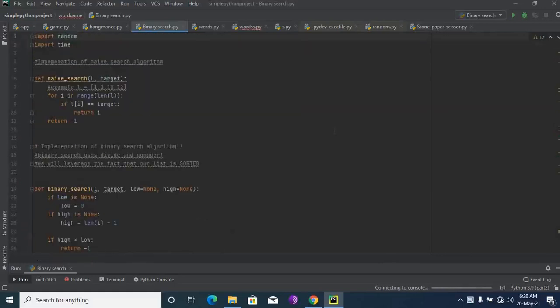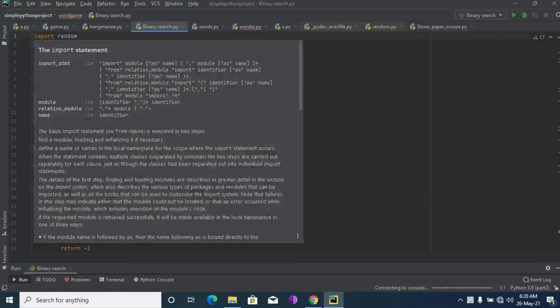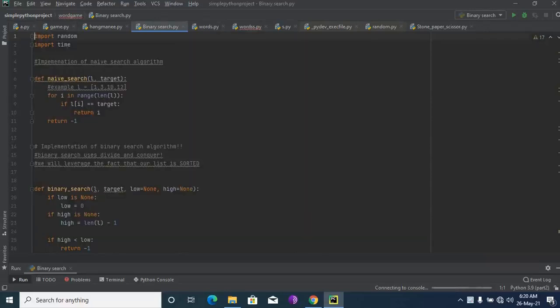Now what is our seventh Python project? We are comparing naive search, that is simple search, and binary search. Comparing and checking which searches in less time. Okay. Then in this project I am importing random and time. Now this is the function or